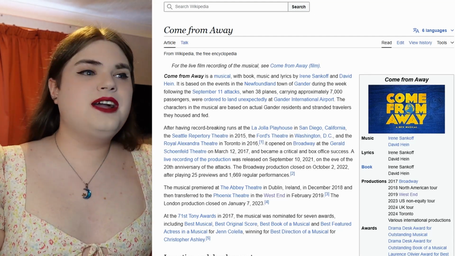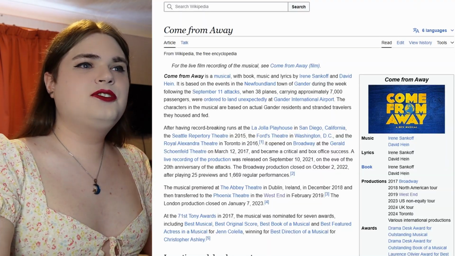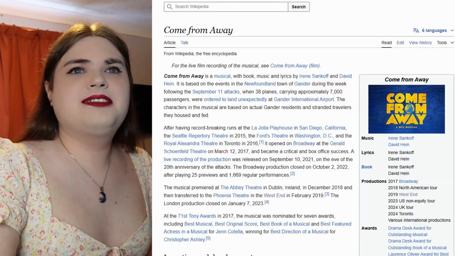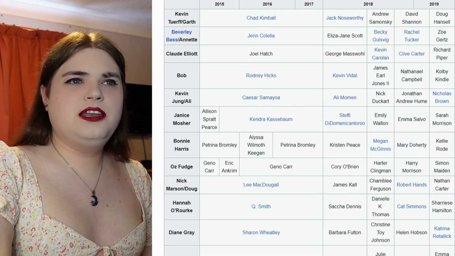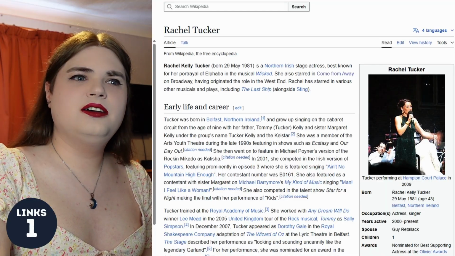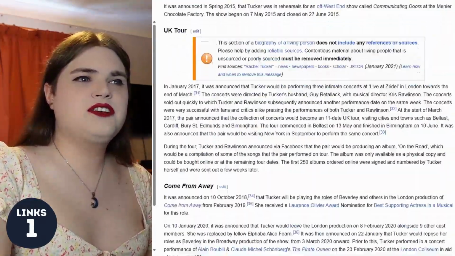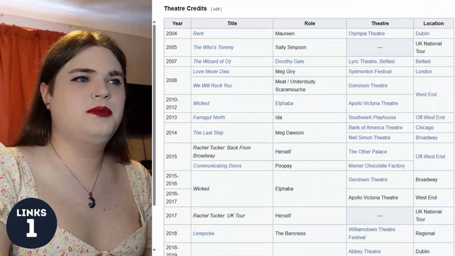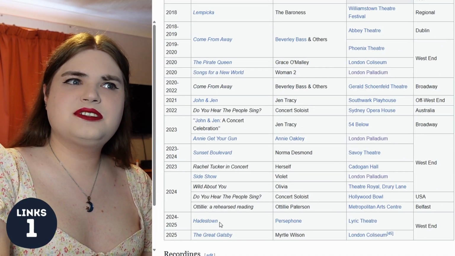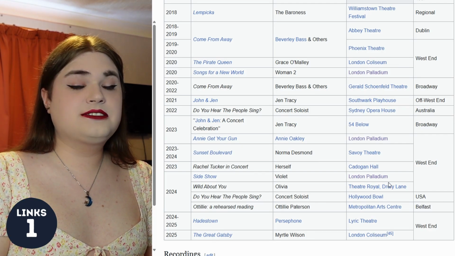So let's try and avoid just going from a West End theatre. Let's try instead to do a different route. I know this is going to be a longer one, but I think that's fun. The problem is we're going to get a lot of Americans now, and I don't know if the Americans have done Cats. So let's go for Rachel Tucker. If I go Rachel Tucker, I don't think Rachel Tucker has ever done Cats, but surely Rachel Tucker has starred in something alongside someone who did Cats. Could go to Hadestown. Is any Hadestown alums done Cats? The problem is I don't know who's done Cats. I know that Nicole Scherzinger did Cats.